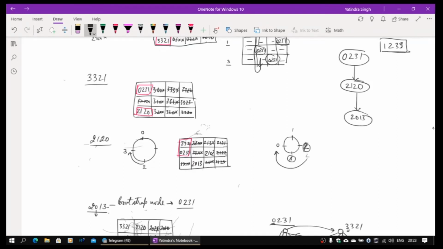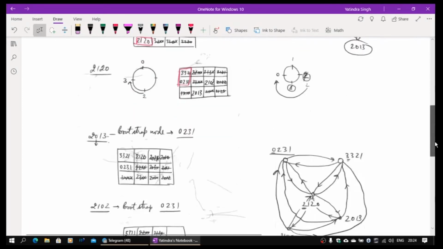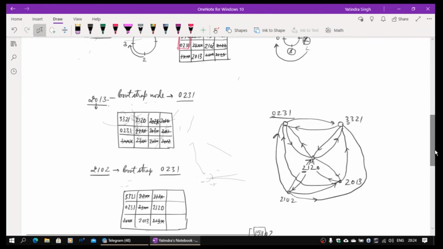It will go to 2013. And once it goes to 2013, we have to figure out where it will end from there. Okay, so let's go to 2013. It will now search, again start. So it will look for 1 in the first column. So 0 comes, 2 comes. So in the cycle, it again will see a 0, a 2, and a 3.